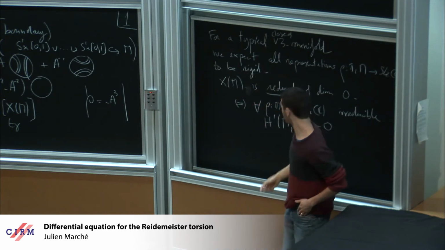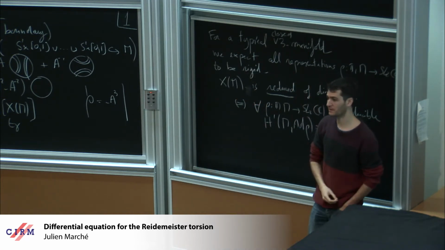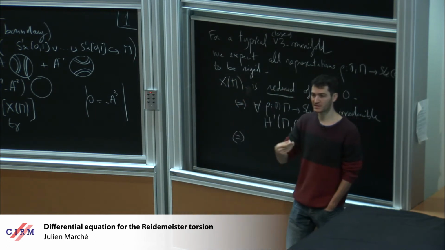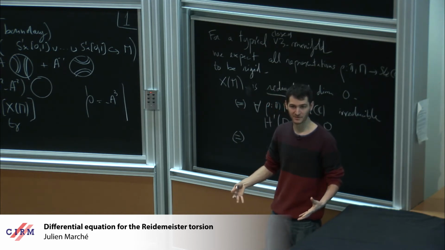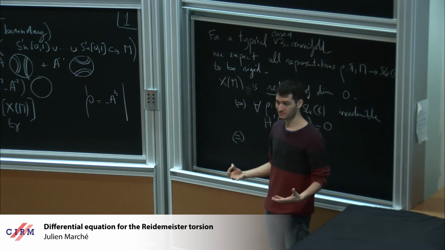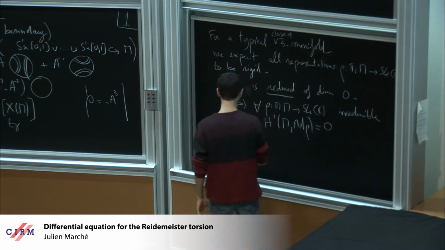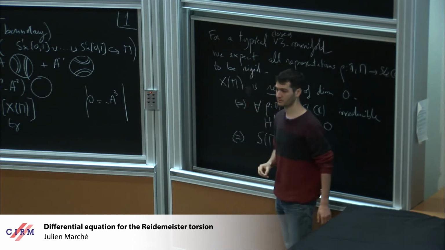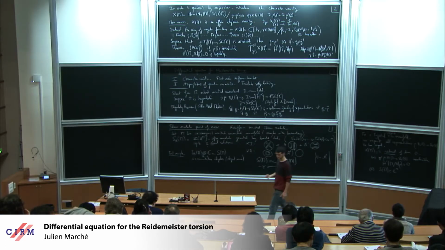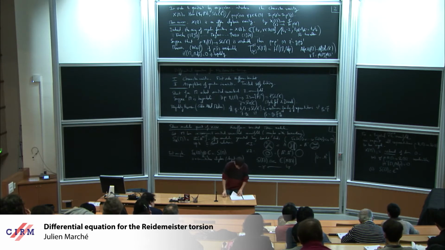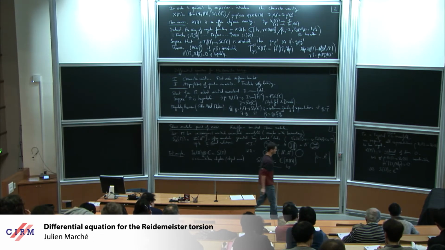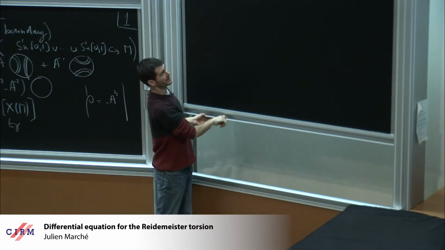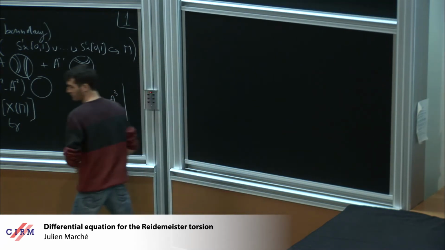I have another equivalence here. The same can be formulated in terms of skein modules. What is the algebra of functions on a finite set of points? It's just the algebra C to the n, a very simple algebra. So it's the same as saying that S of M is just this algebra. This is really what I expect, but I have only some partial results, and I don't know it in general. But I will assume it in a while.